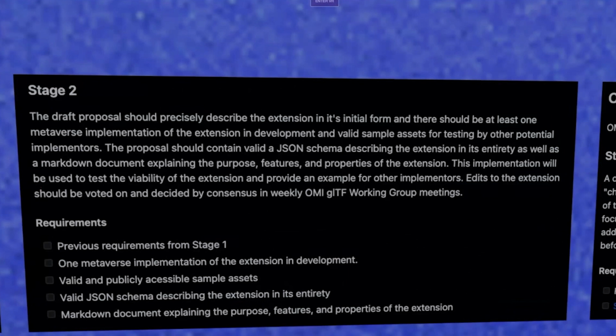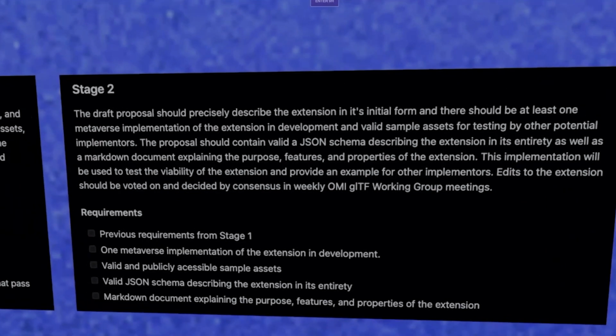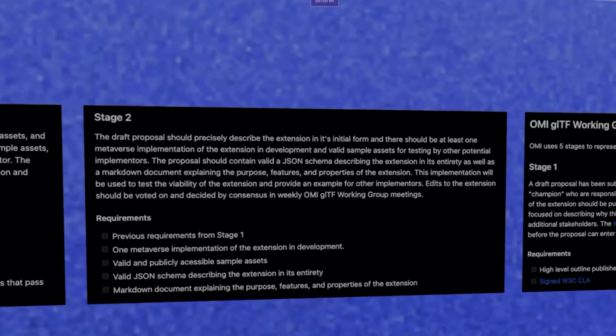Of course, it would be hard coded to some URL, but it's a good sample asset so that platform creators can use it to mock their implementations up against. And then you have JSON schema. So this is when it starts becoming more official, where we need official markdown of all of the properties and what the rules are around them. Like maybe if there's a property of the extension that's a string, maybe it has a limit of how many characters it can be. Things like that start to get solidified in this stage.